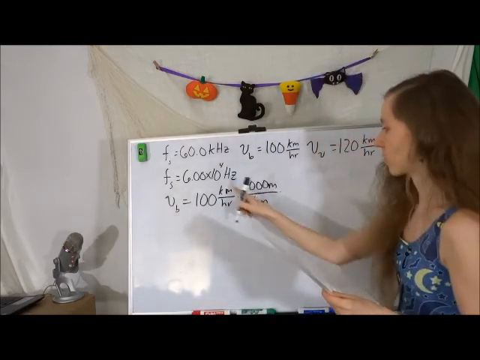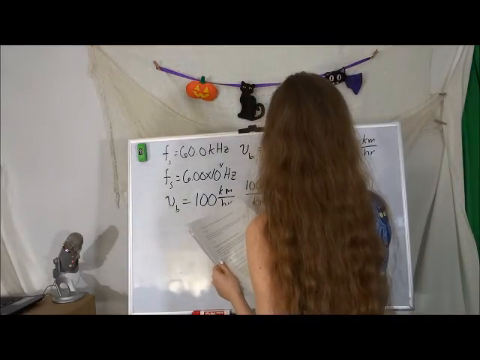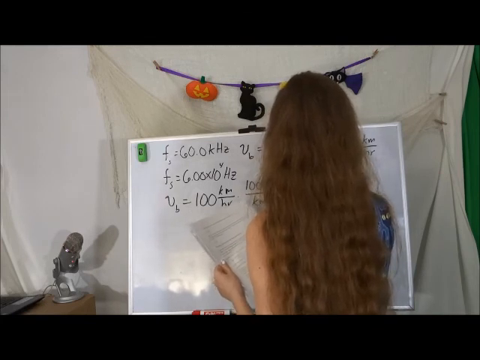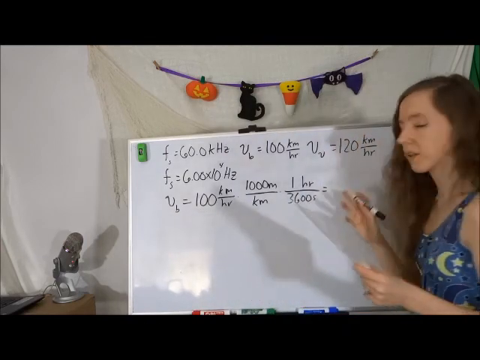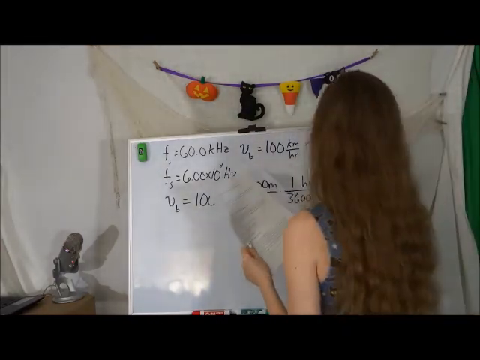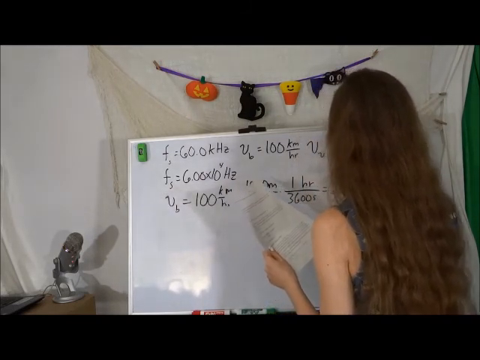So that's going to take care of the kilometer bit. And then in 1 hour, that's 3,600 seconds. So if we plug this into our calculator, our bat speed is going to be about 27.78